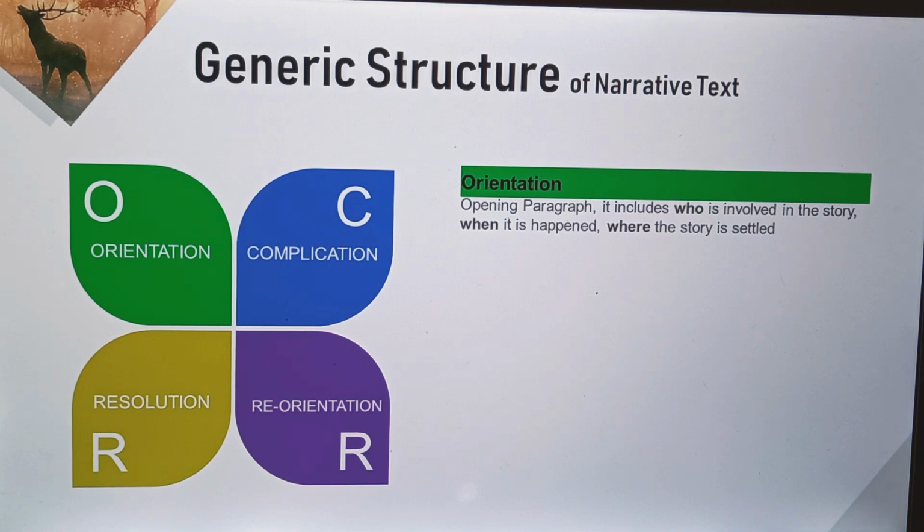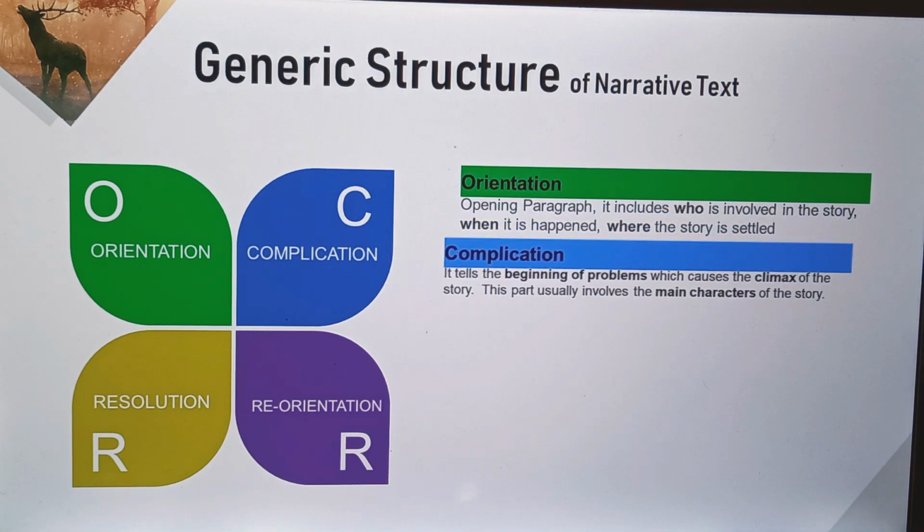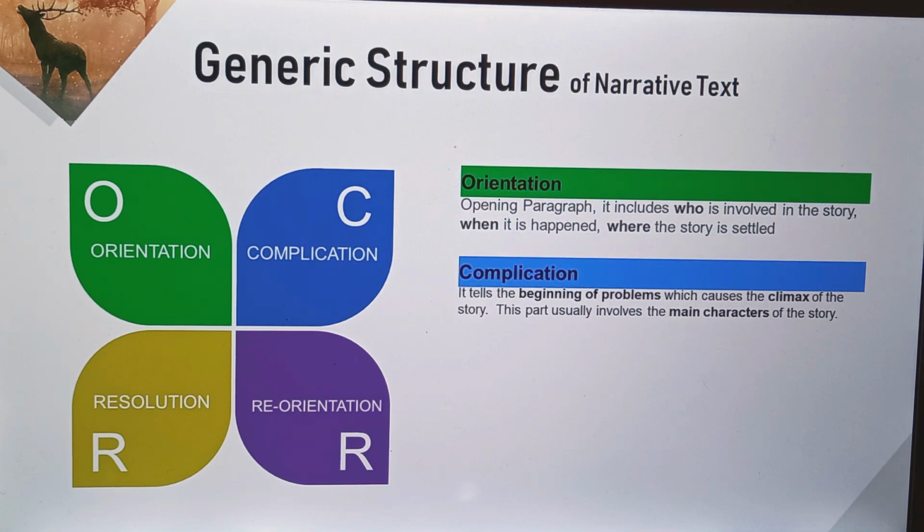It includes who is involved in the story, when it happened, and where the story is settled. Jadi di bagian ini disebutkan siapa yang ada di dalam cerita itu, kapan cerita itu terjadi, atau di mana cerita itu diceritakan. Okay. And then complication. Nah, di bagian kedua ini, it tells the beginning of problems which cause the climax of the story. Jadi di sini diceritakan awal dari permasalahan dari sebuah cerita yang menimbulkan satu climax atau puncak dari cerita